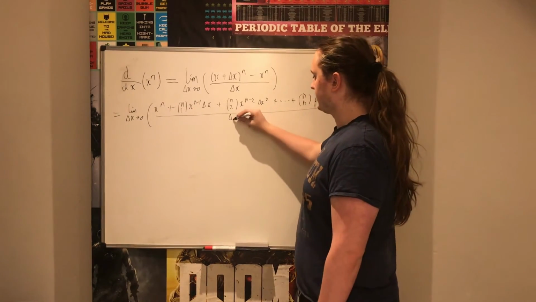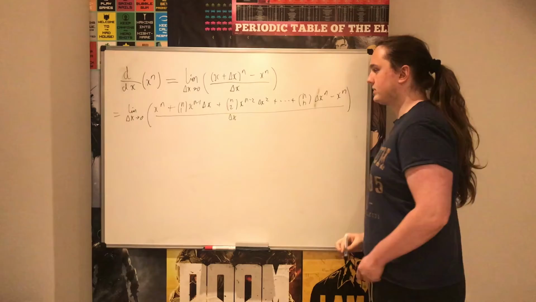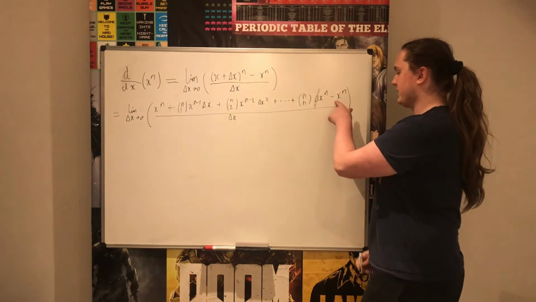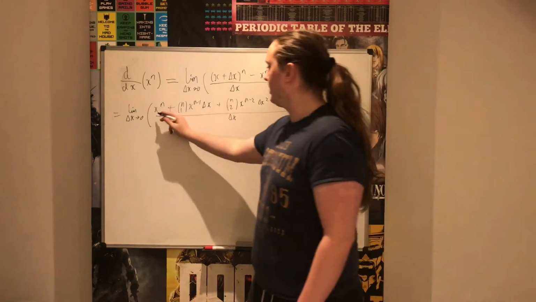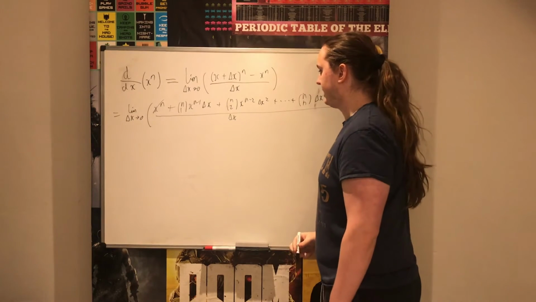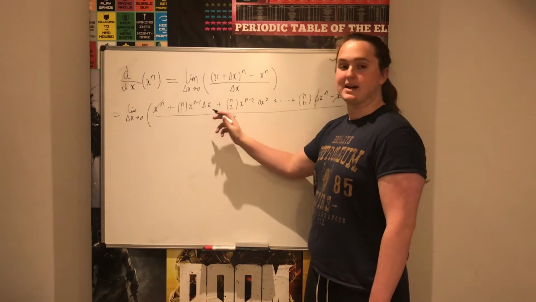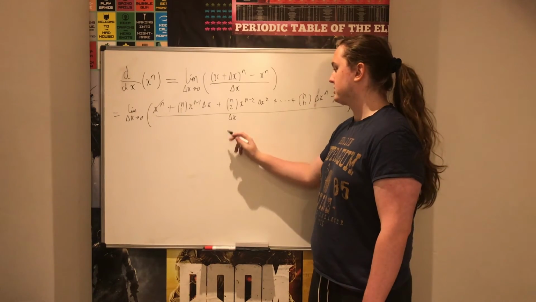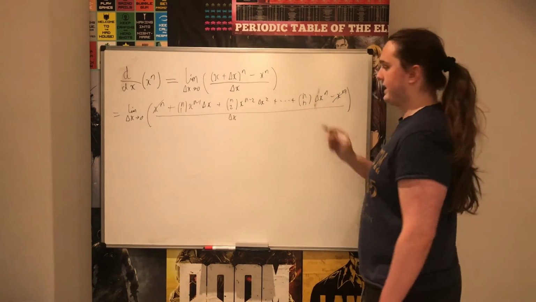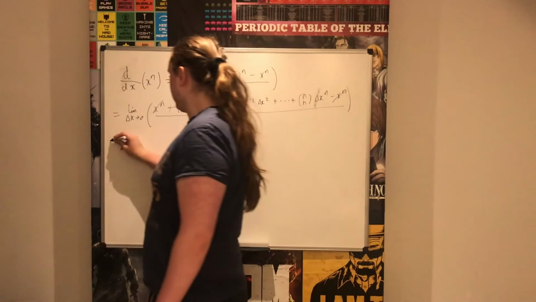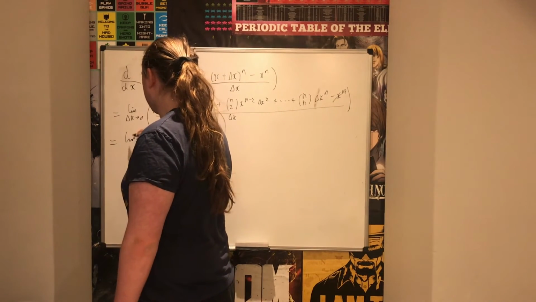all over delta x. Now we can see that we can cancel this minus x to the n with this x to the n, and then we can divide the numerator and denominator by delta x because each of these terms has a delta x in. So this becomes the limit